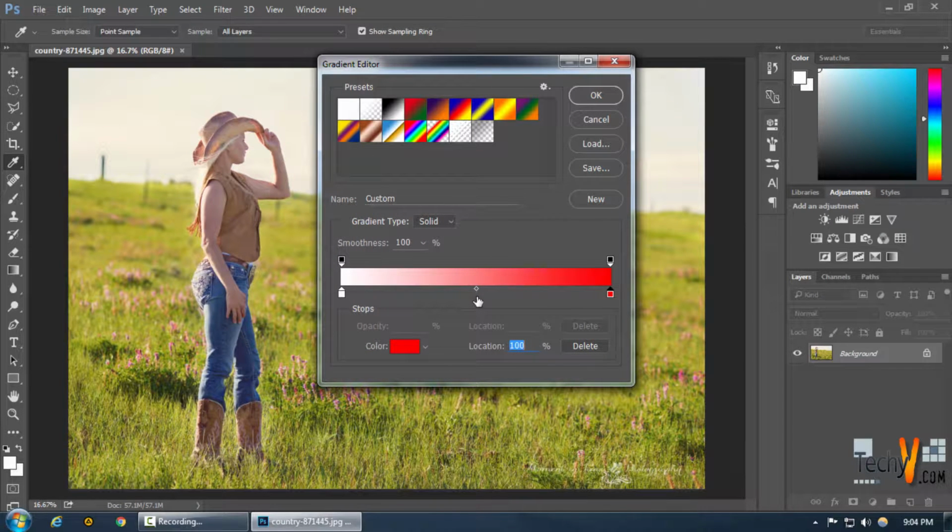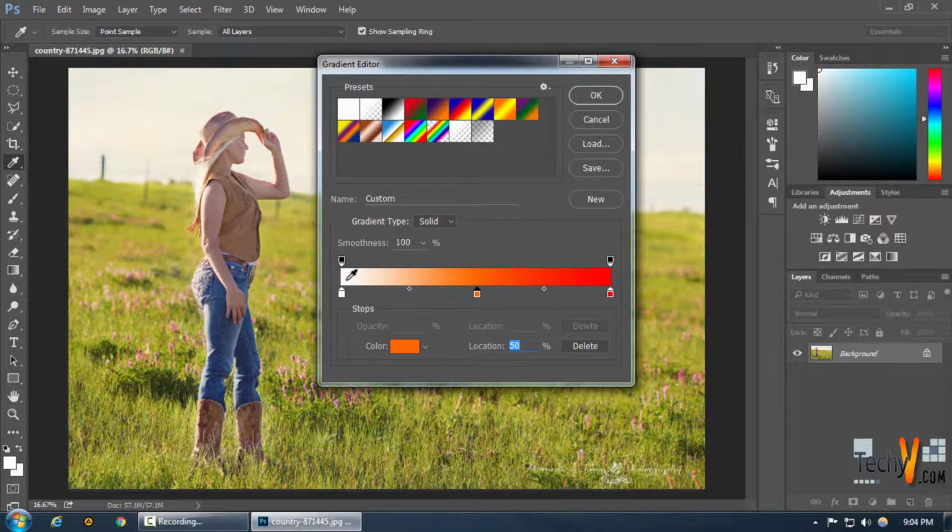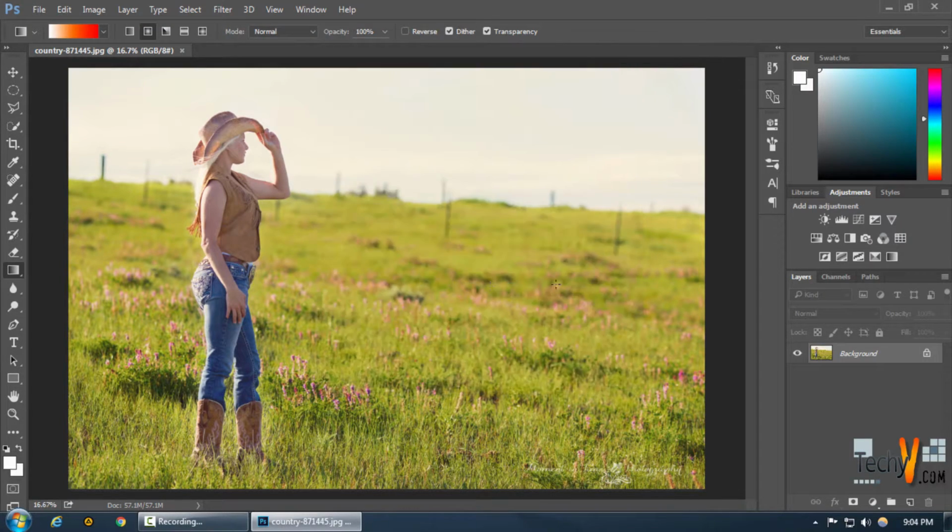Now click on any medium point over here and choose its color to be orange, because we know that the sun from its core to the boundary goes from white, orange and red, and that's what we're gonna do. We're gonna have a nice orange color, and as you can see, this gives us a pretty good blended color range of the sun. Now we're gonna press new over here, and that gives us our new gradient tool, and press OK. Now we can choose a new layer, and as you can see, if we draw a gradient tool